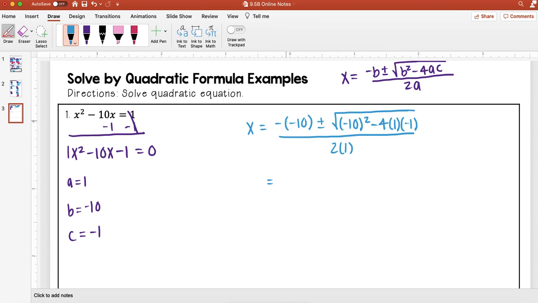So here I have two negatives right next to each other. Those really cancel each other out. So this is really saying negative 1 times negative 10, which is just a positive 10, plus or minus the